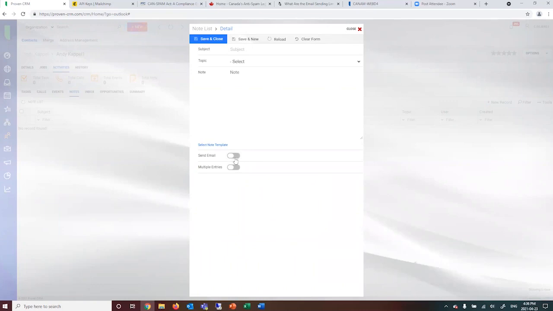So the idea here, of course, is that if there's a user or a particular person in your company who is not a part of CRM, let's say the owner, now the owner may not be a CRM user, but this is a very important note that you created and you want him to know, especially if it's the result of a meeting, then while typing, for example, you can set this and then you can type the email address. And then after you have typed all your notes and filled out the other items, when you click save and close,